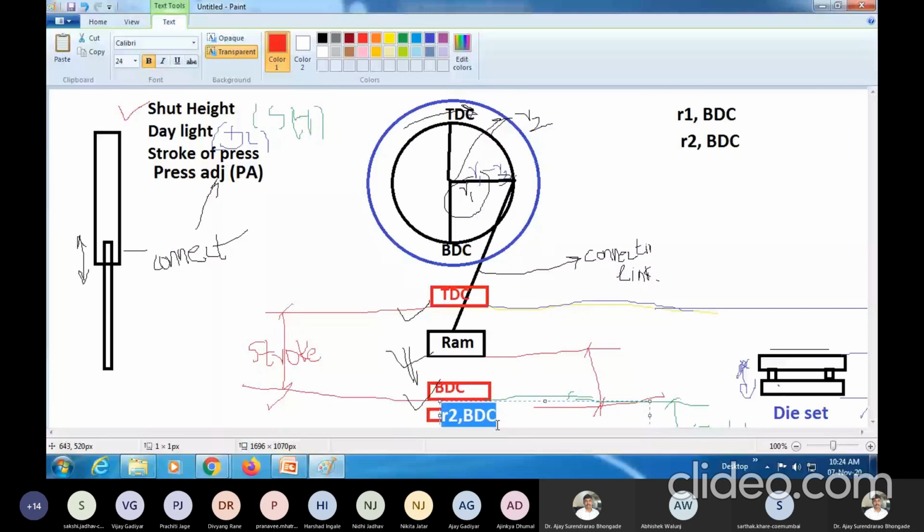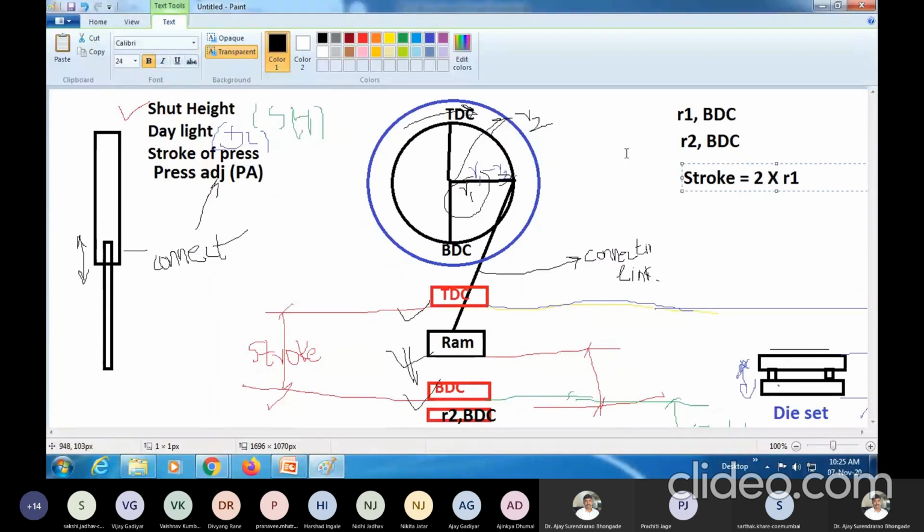So in general, the stroke of the press can be easily computed as stroke equals 2 times the radius, whether it is R1 or R2.